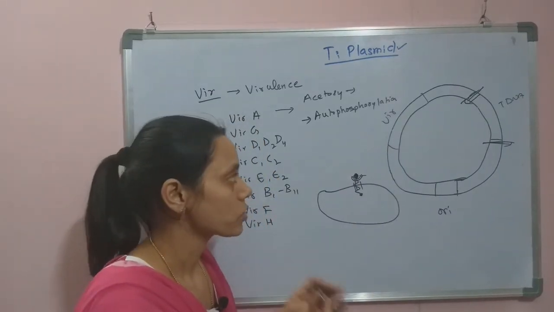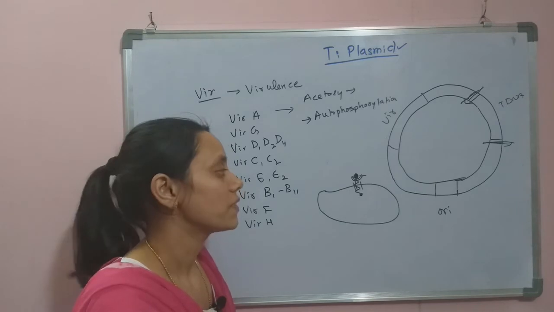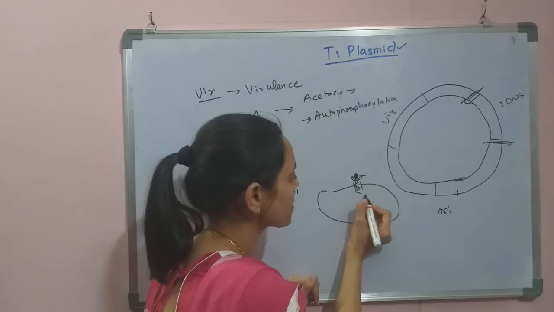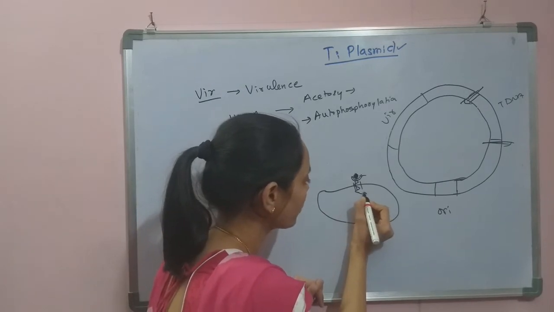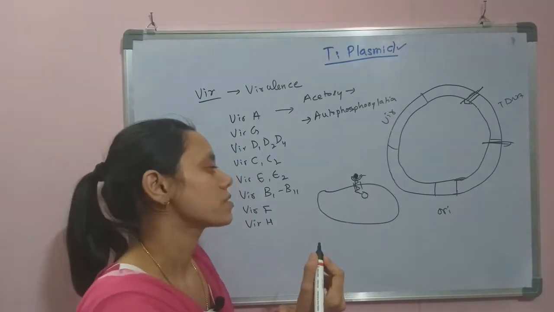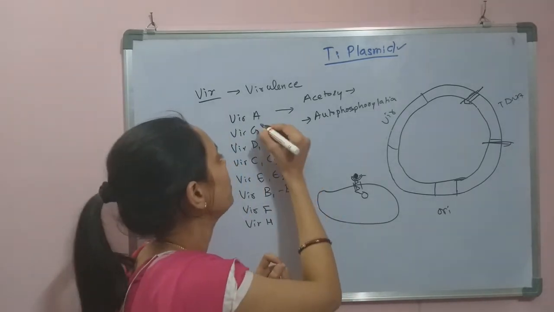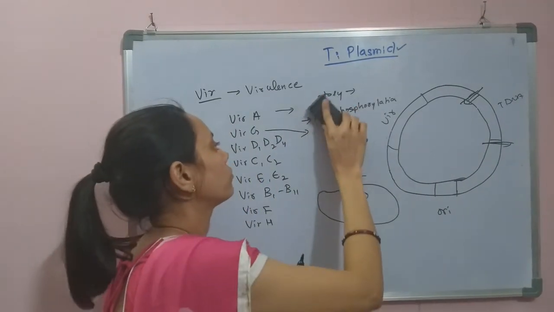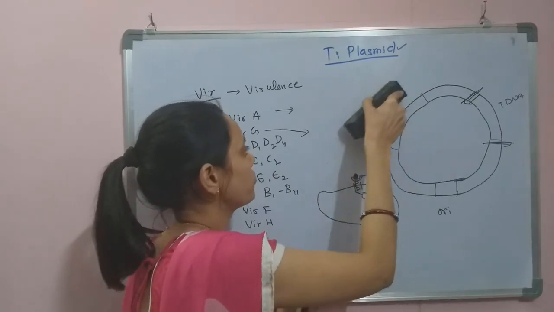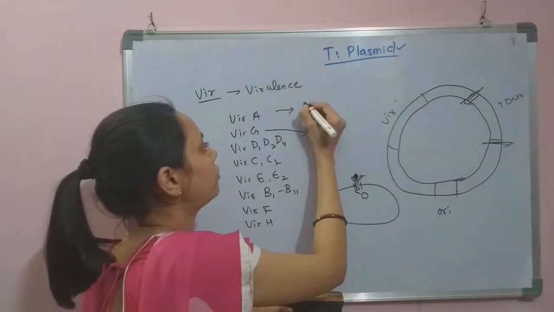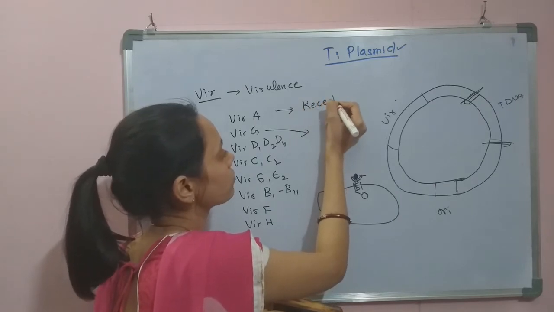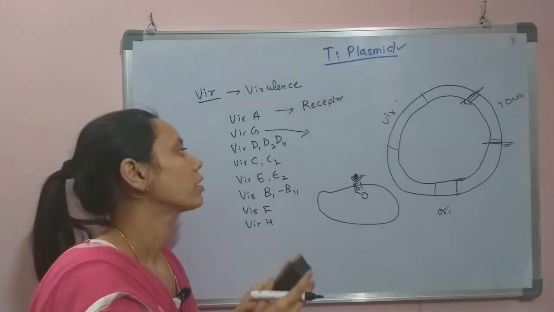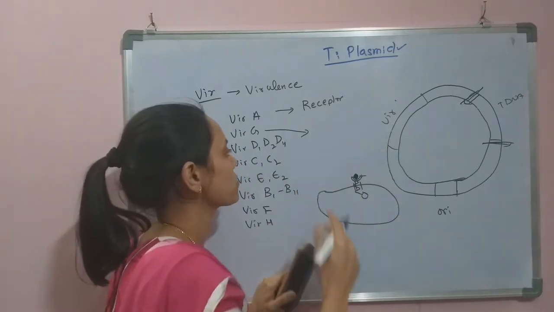So once after autophosphorylation, which activates the receptor, this receptor is able to phosphorylate the response regulator, which is towards the internal region of the receptor. So this response regulator is nothing but the Vir G product. So this Vir A product is a receptor to which this acetosyringone will bind, and the Vir G product is a response regulator.